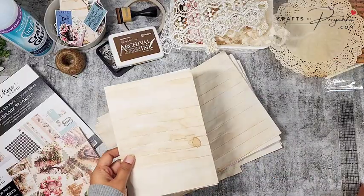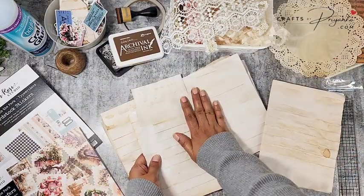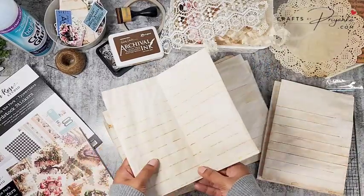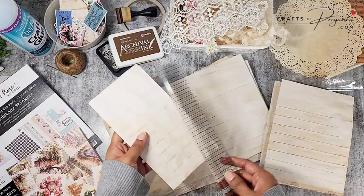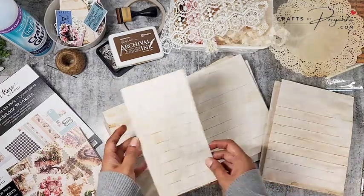So I got 5 3/4 inches in my breadth, so it's perfect for the size that I want. Now these lines were vertical, so I just cut it down smaller and I'm using it like that. This one piece measures 8 inches by 7 3/4. Okay, and I fold it like this,